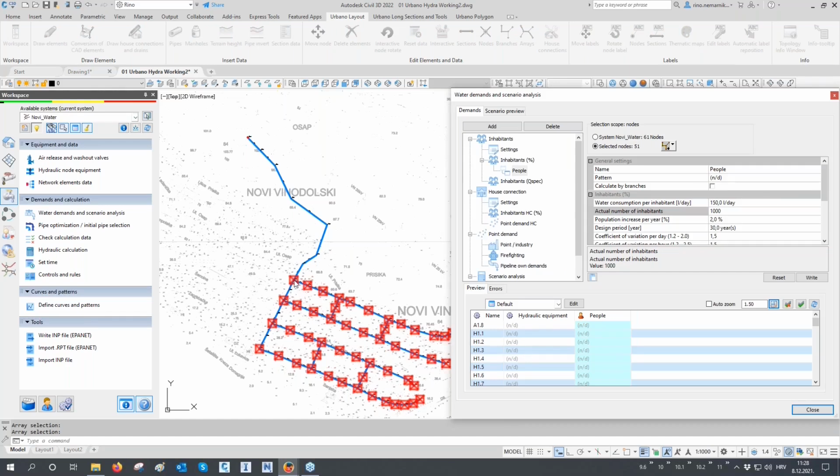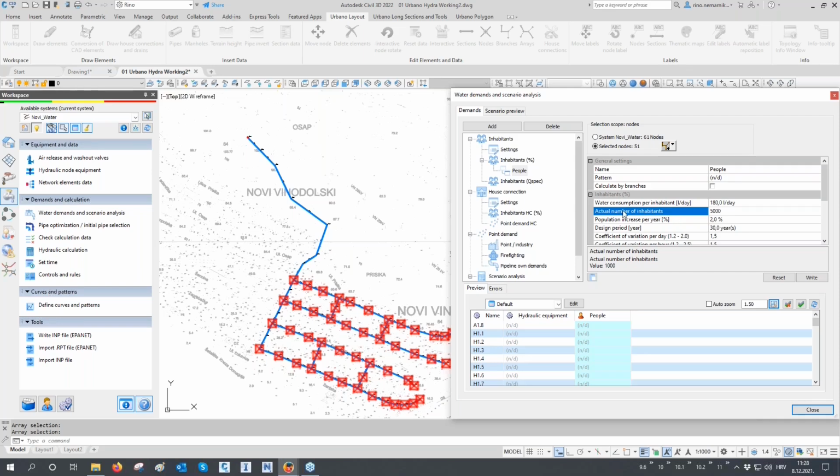So starting nodes on the main pipeline. And here I will say, okay, in this part of the network, the water consumption per one inhabitant per 1 day will be 180 liters per day per inhabitant. And actual number of inhabitants, I will put it